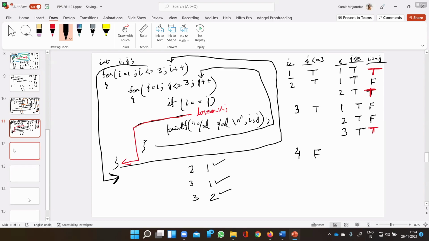But I am saying, sir, we were breaking out from the I loop directly. So we write loop 1 colon in the I loop, and when doing the break statement, we write break loop 1. That is also possible, but that is called unconditional breaking. Conditional would be by using the goto statement.